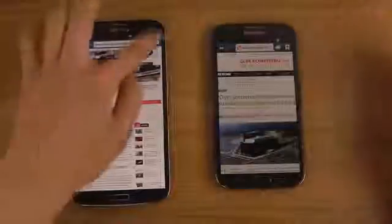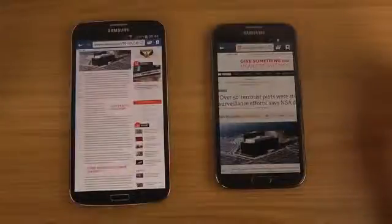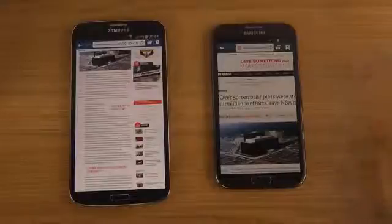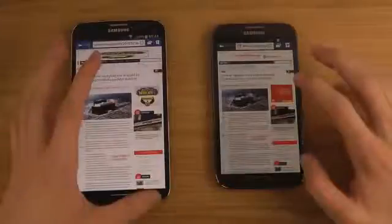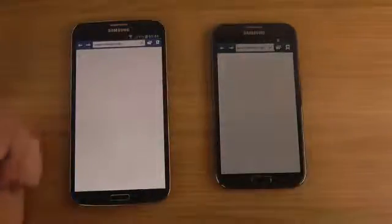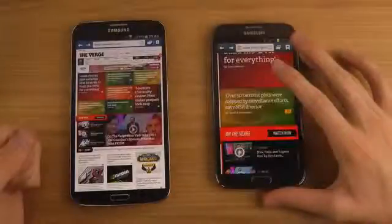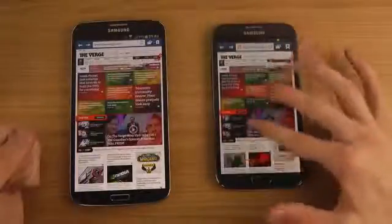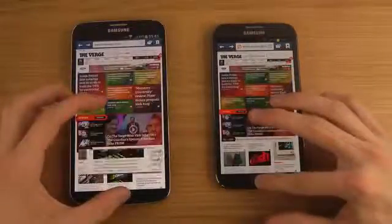It looks a little bit more bluish up here at the top compared to the Note 2, which has another kind of tone up there. So just a quick little look here. I'm probably also going to do a full review and compare other things with these two phones. But this was mostly for those people that wanted a video on the browser performance. You can definitely see, pretty interestingly, when I load up pages and stuff, that it is a little bit quicker